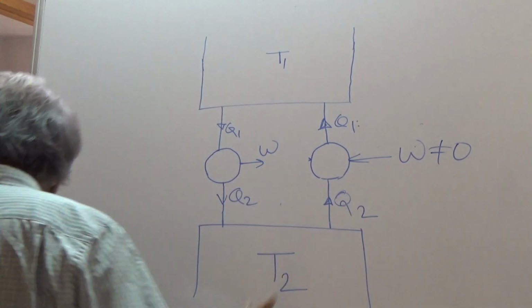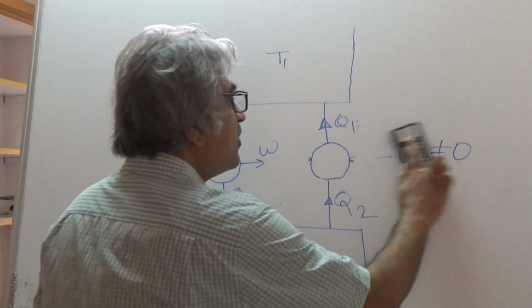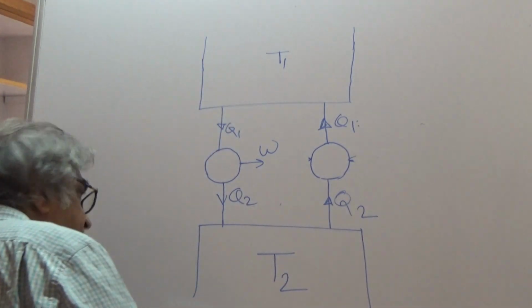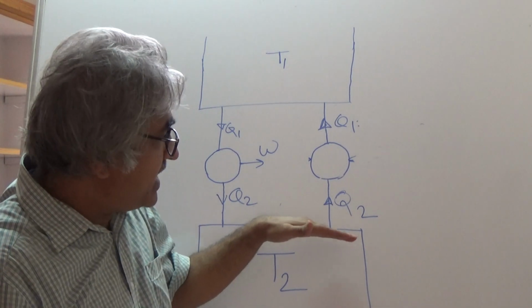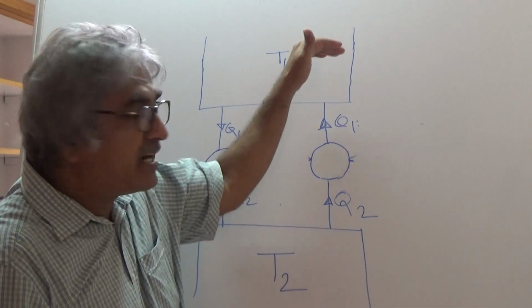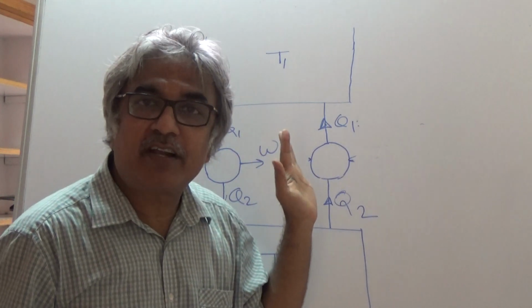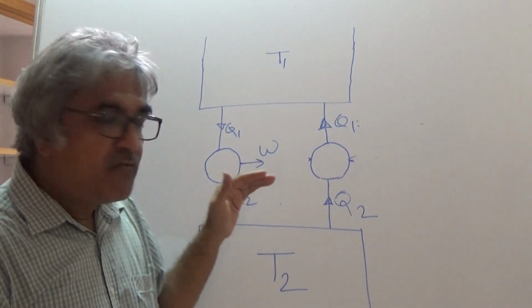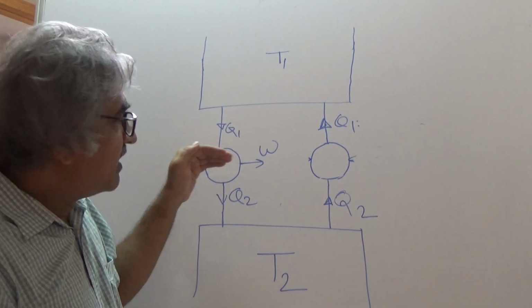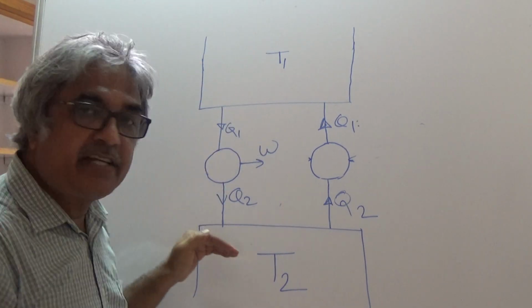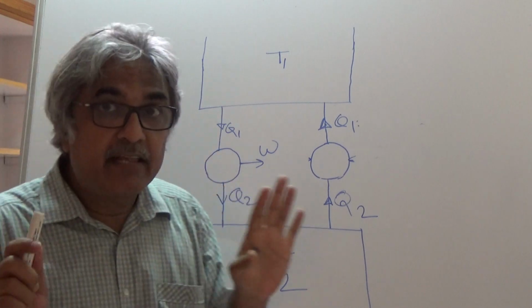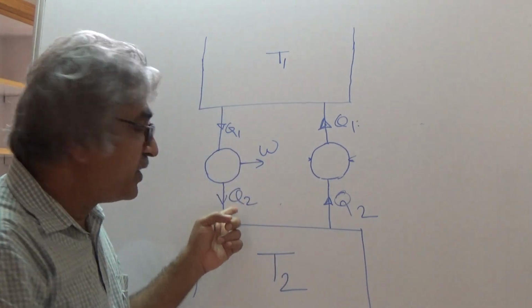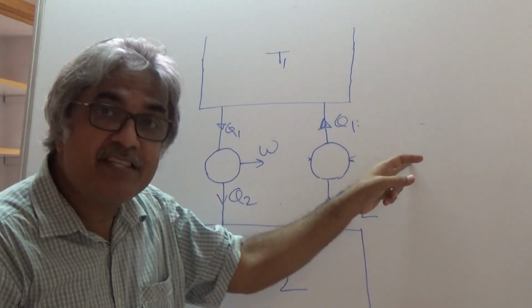So I am just removing this W, right? So W is 0. So here is an engine, or a heat pump, one can say, which is lifting heat from low temperature and giving it to high temperature without any work supplied. Here is our engine, which is taking heat, converting part of it into work and rejecting it. This is not violating Kelvin-Planck statement. On the contrary, it is just depicting Kelvin-Planck statement. Q2 is not equal to 0, but here W is 0, right?